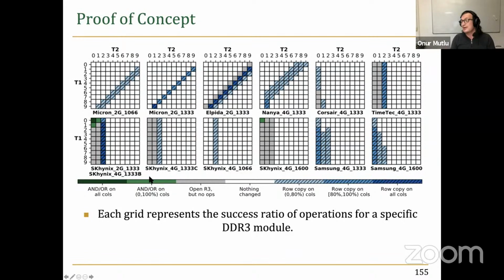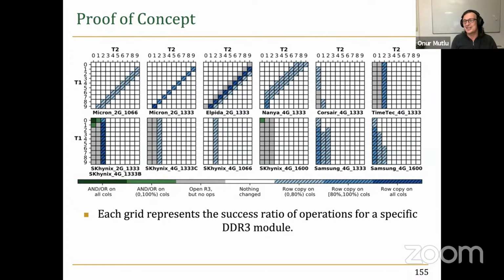Because it's not triple row activation, which is very difficult to do in an existing DRAM chip. It's 2 consecutive activates. And they basically show that you can do RowClone, row copy on all columns in many chips, as you can see. And RowClone is successful on a fraction of the columns in many chips also. So you can see that there's a limited amount of success, but there is success, meaning you can actually do it on some DRAM chips and some columns in a very reliable manner also. 100% of the columns are actually capable of doing RowClone, and 100% of the columns are capable of doing AND and OR. So this is, I think, a very nice proof of concept that validates our past ideas, and